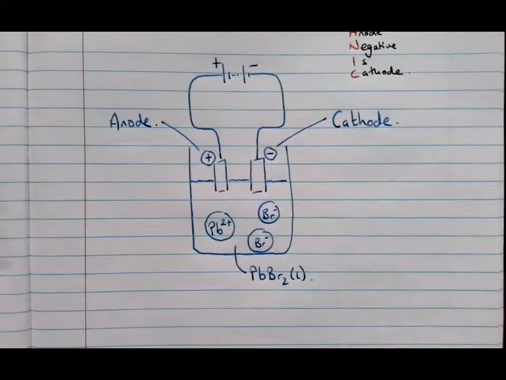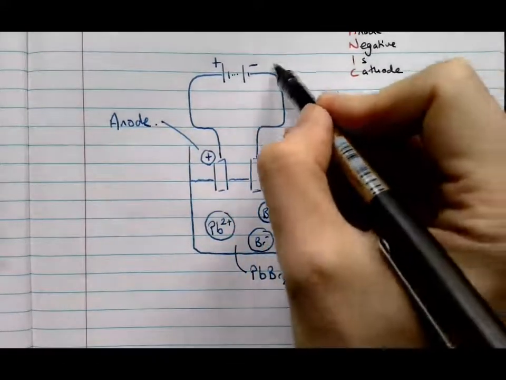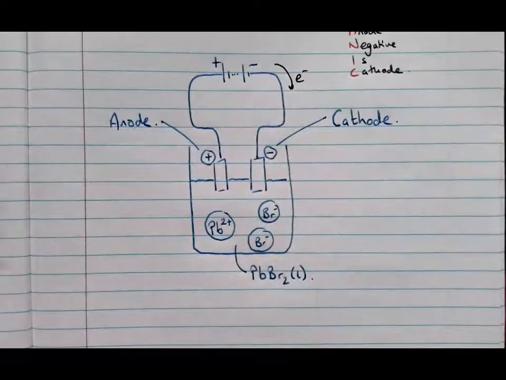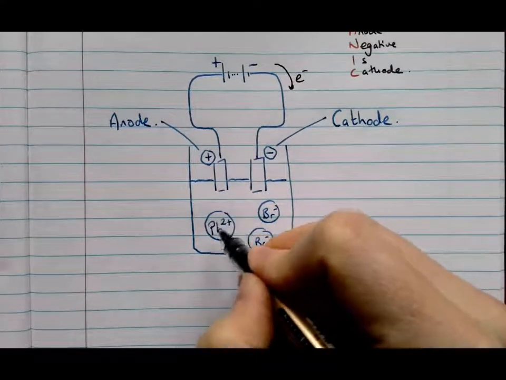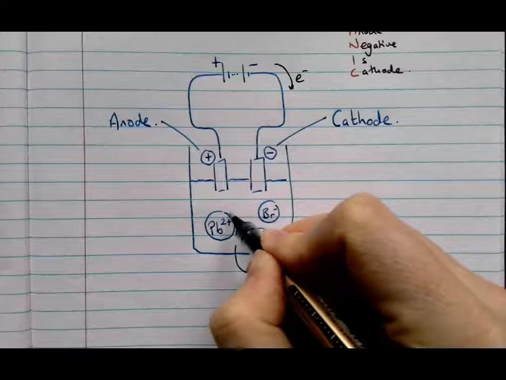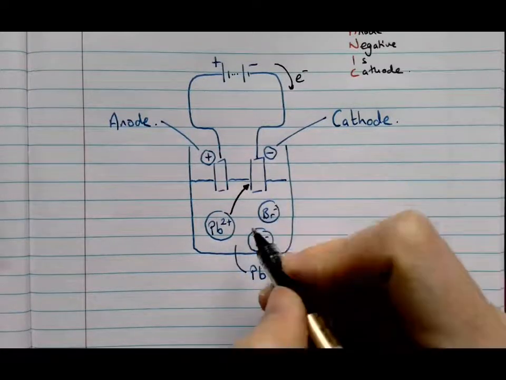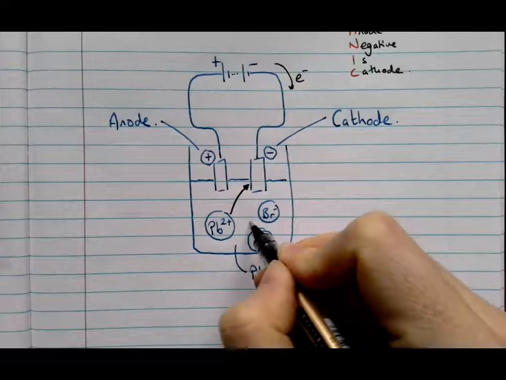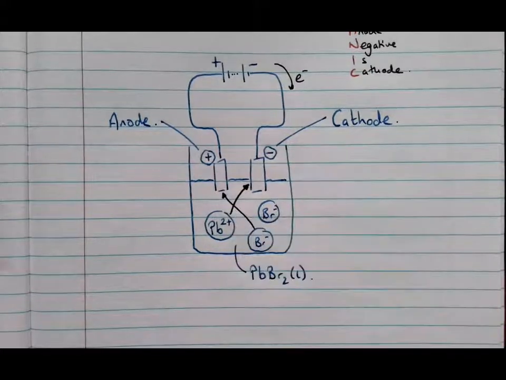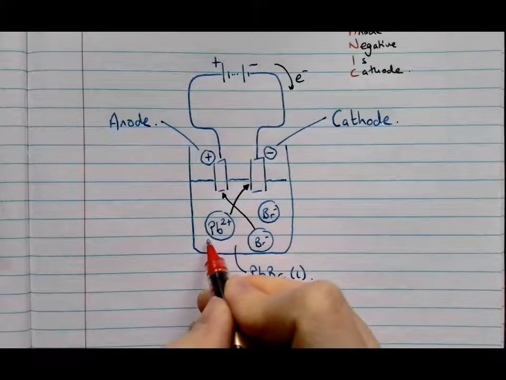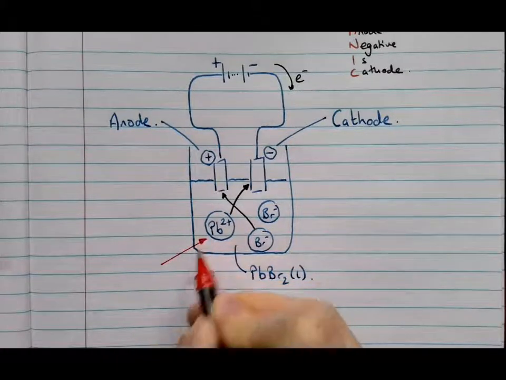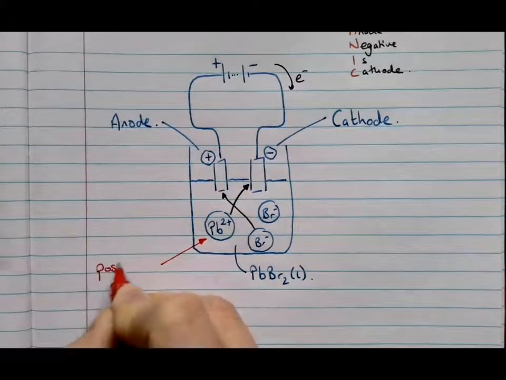right, so we turn the battery on and the electrons start flowing. So what happens is my lead ion is attracted over to my cathode and my bromide ions are attracted to the anode. Okay, and it's nice to remember that this metal ion here, if you remember, a positive metal ion